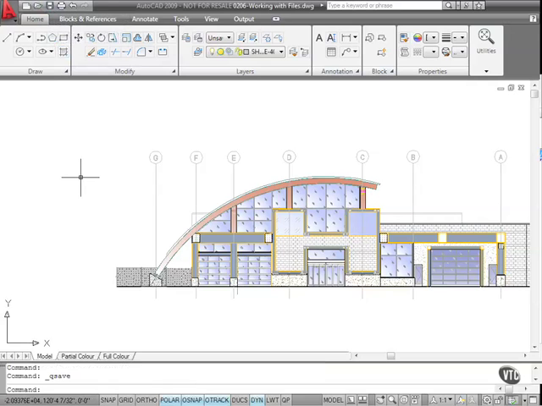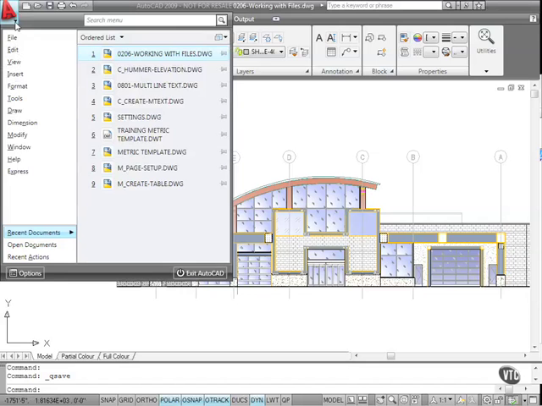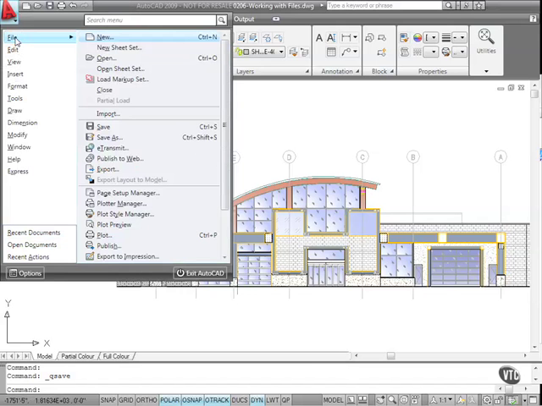So if I actually close the drawing, what will happen is when I next open it, it will open with that view current. So let's test that theory now. Let's go to the menu browser by clicking on the little down arrow here by the A, click on there, and the menu browser will come up on the drawing like so. I go to File by clicking on File on the left hand menu there, and I then click on Close. Now normally if I hadn't saved the drawing, a would you like to save prompt would come up, but I've already saved the drawing, so as soon as I click on Close now,